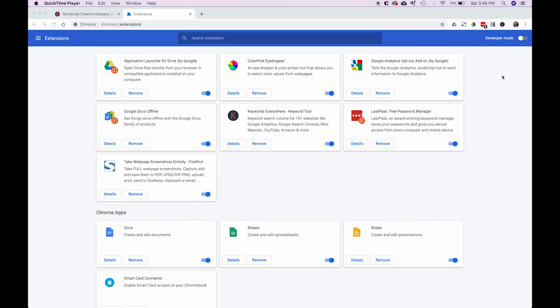The second extension I want to go over is called Fireshot. So if you're using a Mac, you already have Screenshot, but when you do screenshots, it usually has that shadow around it. So this is one of the ways in case you didn't want that shadow, or if you're using